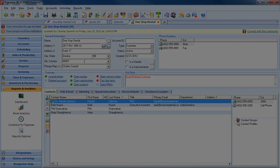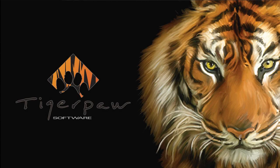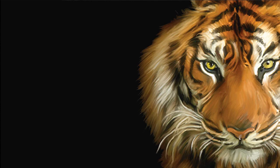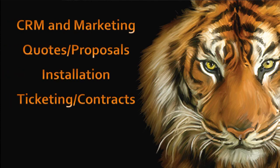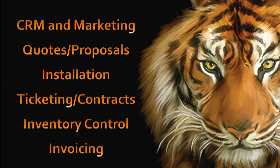Here you saw Tigerpaw as the end-to-end solution that can take your processes from the sales and marketing to the quote, installation, service ticket, maintenance and agreements, manage your inventory, and send